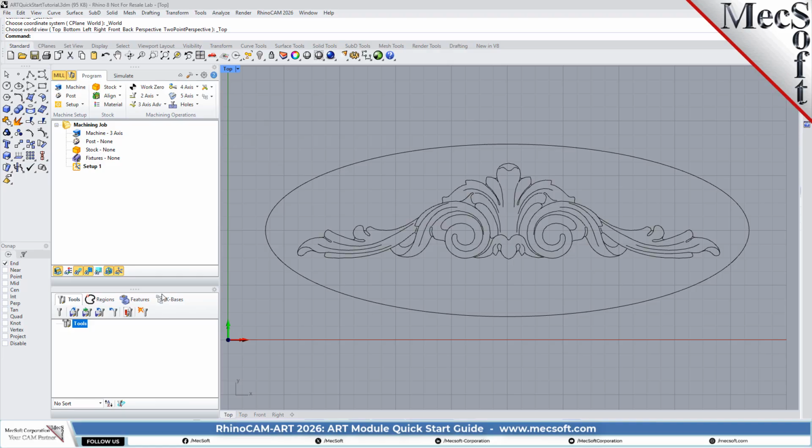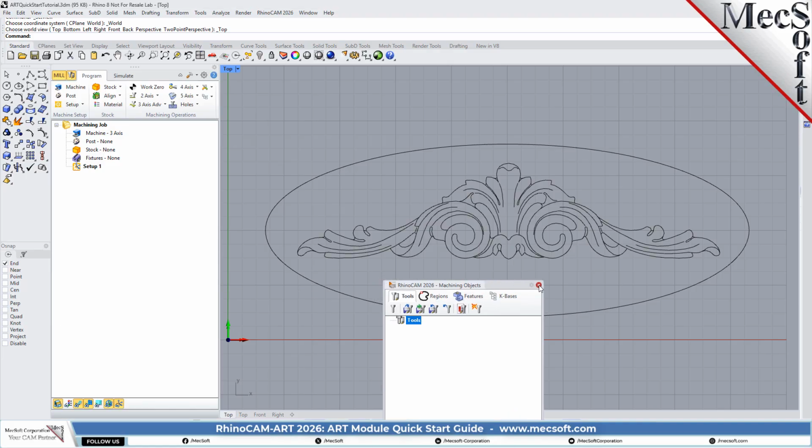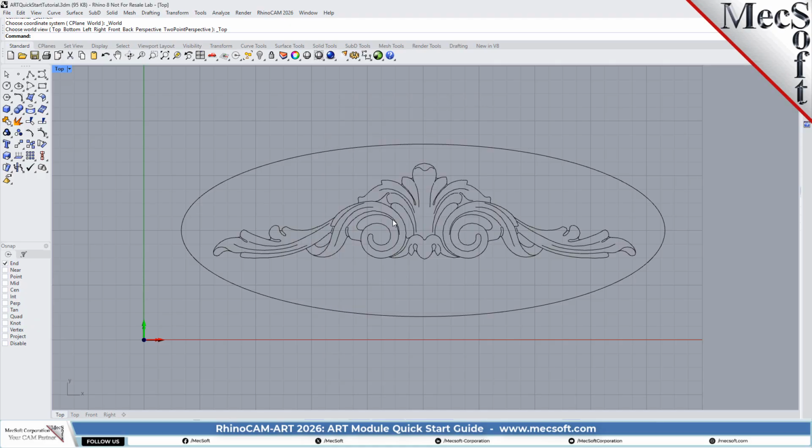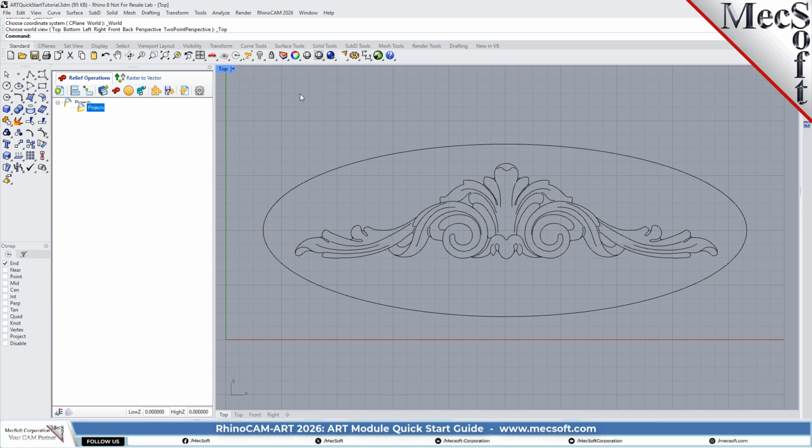Now, let's begin by launching the RhinoCAM Art module. From the Rhino main menu bar, you will see the RhinoCAM menu item. Drop down the menu and pick Art to load the Art module. Docked on the left, you will see the Art browser. You can resize the width of the browser, making sure that all of the command icons and menus are easily